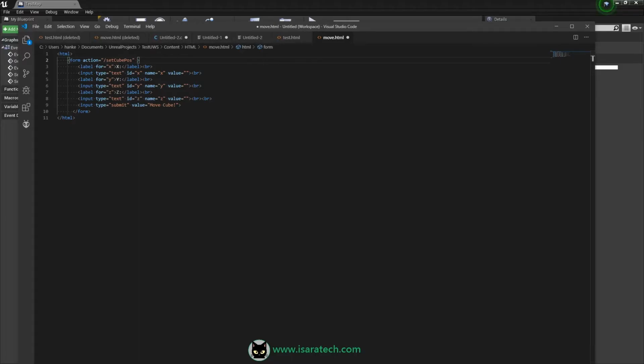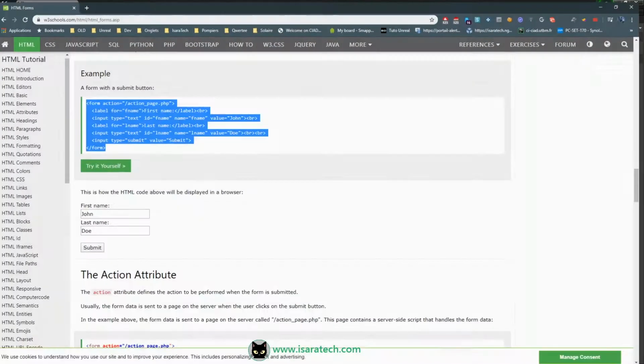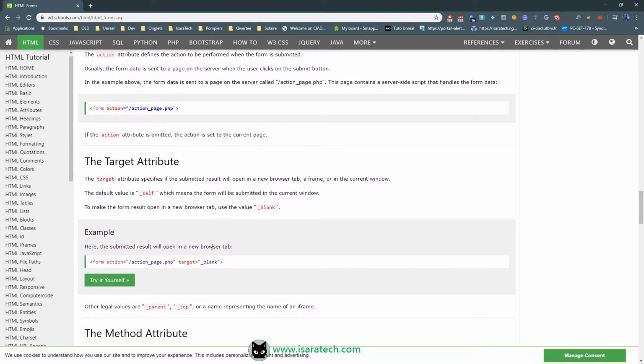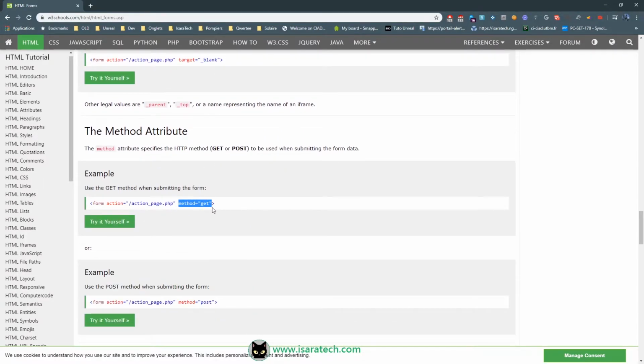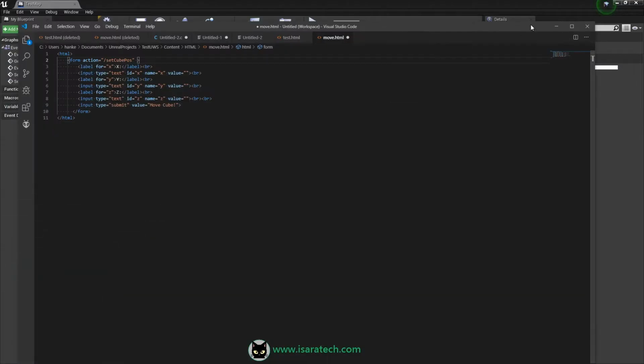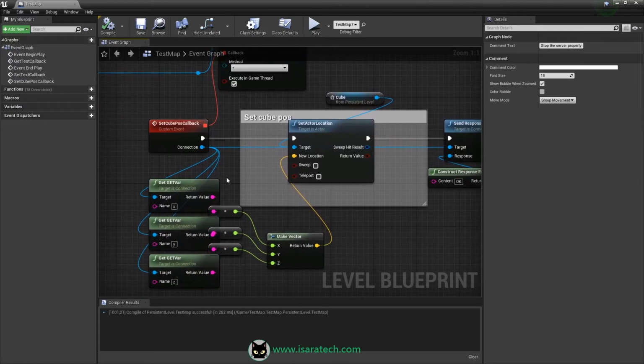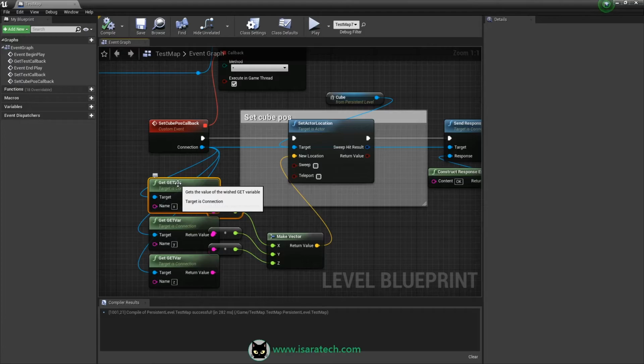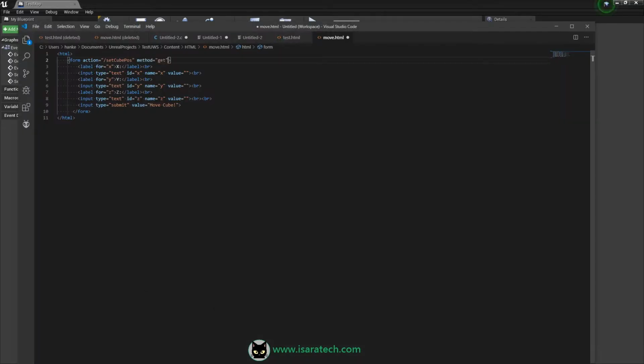I want to use the get method instead of post. By default forms use the post method, so you have to get your variable using post, but in my current example my variables are read using get variable, so I need to specify that my form will use get.